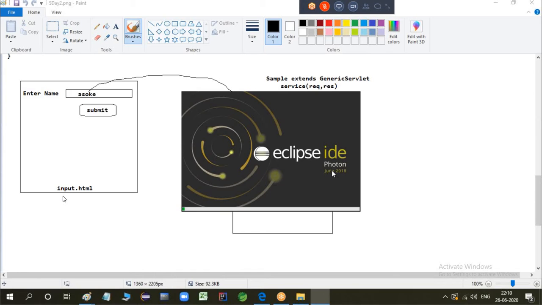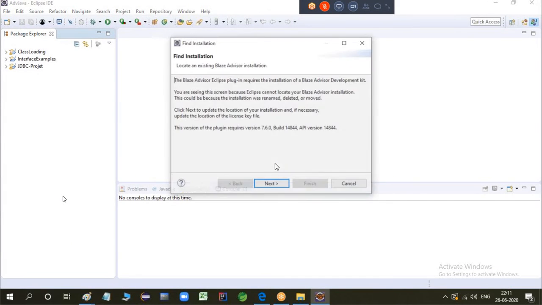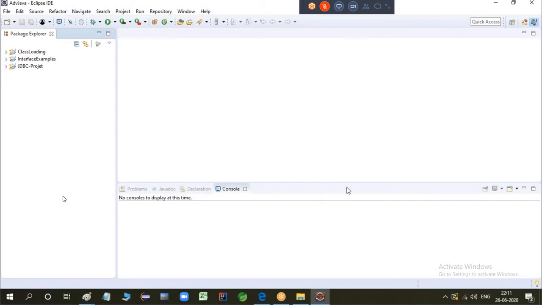All right, so let's log in to the IDE. The first thing we need is a server, because we need to map the server, if it is not already mapped, to the workspace location where all your projects will be. For that you must have a server installed in your machine. Until now we were doing core Java and JDBC in the JSE perspective in Eclipse. There are so many perspectives available in Eclipse, and to work with JEE applications, meaning server-side applications, you have to change the perspective.